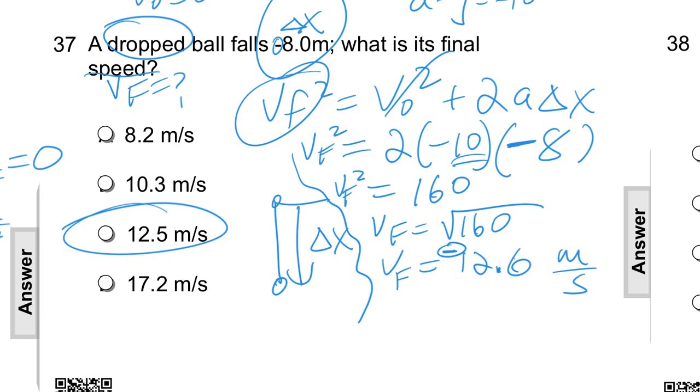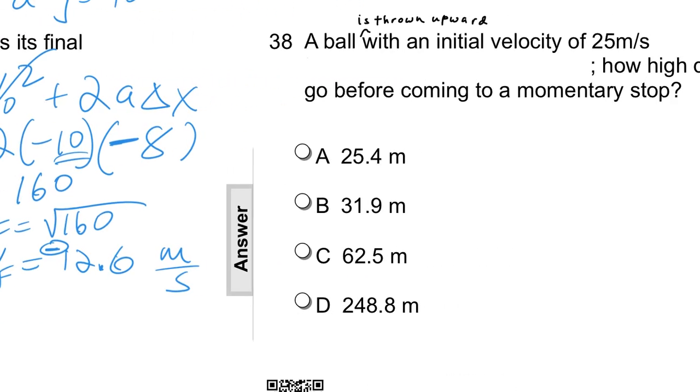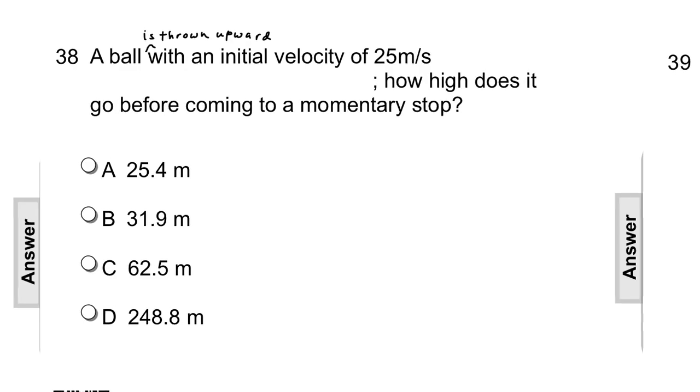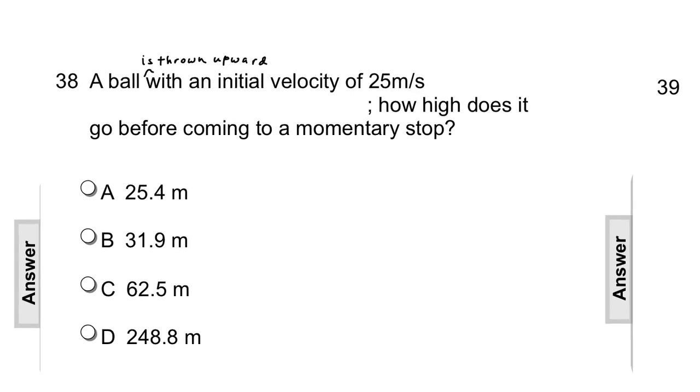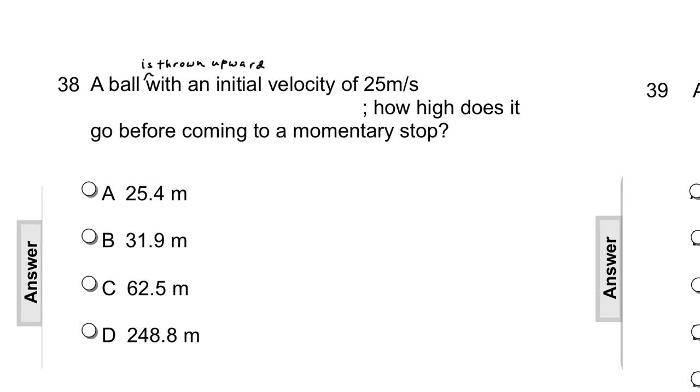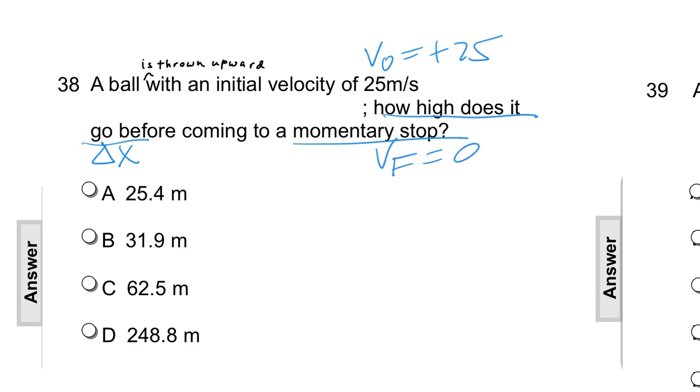Okay, now I can't really do a shortcut on that like I did on the others. A ball is thrown upward with initial velocity. Okay, so VO equals positive 25 because it's going up. How high does it go? So delta X, before it comes to a momentary stop at the top, VF is 0. So again,